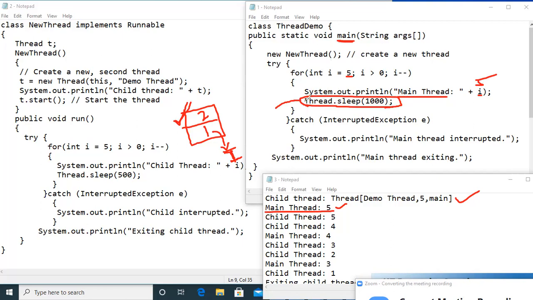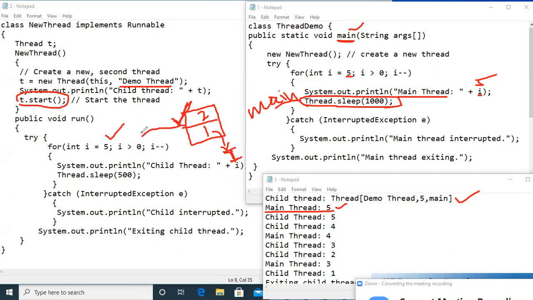This thread is referring to my main thread. Since my main thread is not doing any work, I'm going to start executing my second thread. The name of my second thread is demo thread. When I write t dot start, I'm going to run this code.